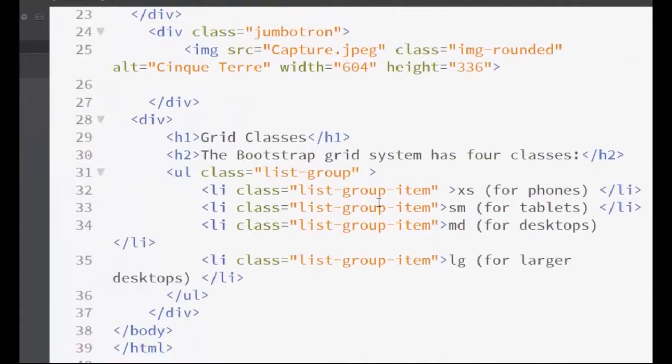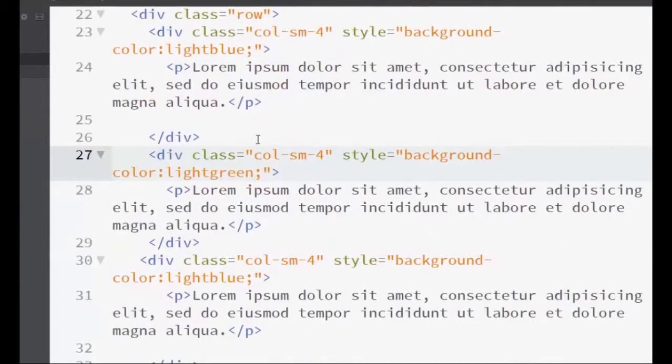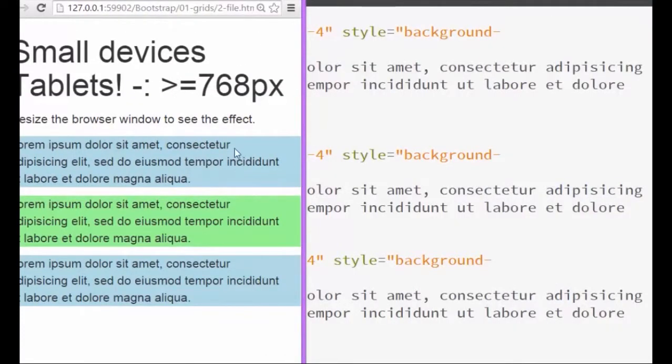Notice that we have got the XS for the small phones. So you can use multiples of them depending on your screen. Now, one thing I forgot to show you is how things look on the smaller scale. Right now it's a big scale. Let me shrink it a bit and you can see everything got stacked upon each other, and in this way it looks much nicer on the small screen. This is what we have done.